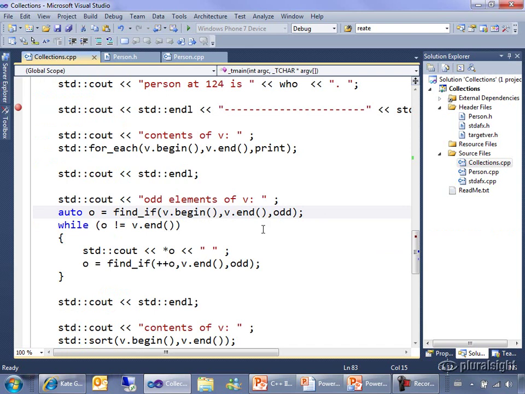So when I call this find_if, it gives me an iterator, a pointer if you will, into a place in the vector, which I can dereference to get the actual element that it points to. If it didn't find anything, it will return the same iterator as v.end. So I have a little while loop here, and if we didn't find anything, we won't even go into the while. Assuming we found something, we print it out, and then